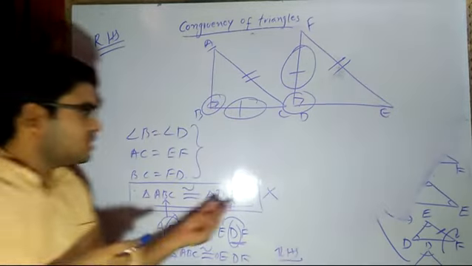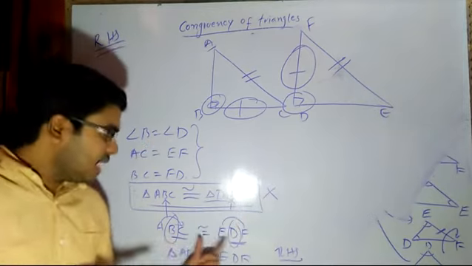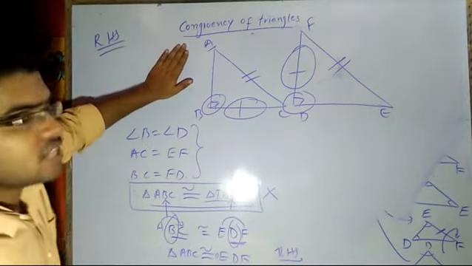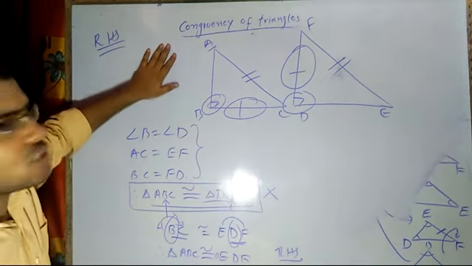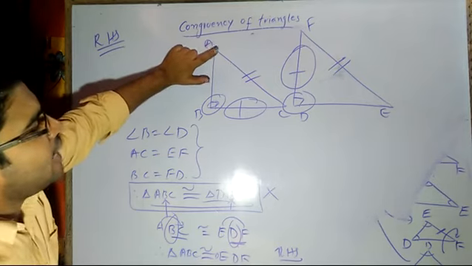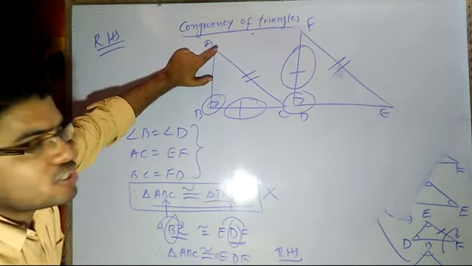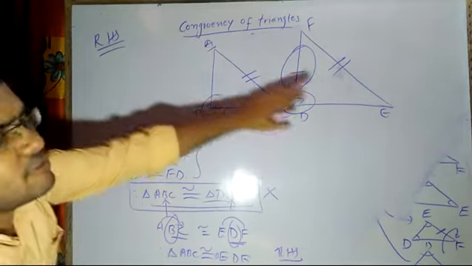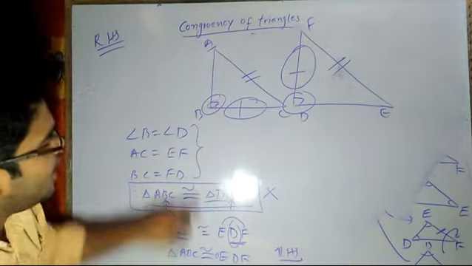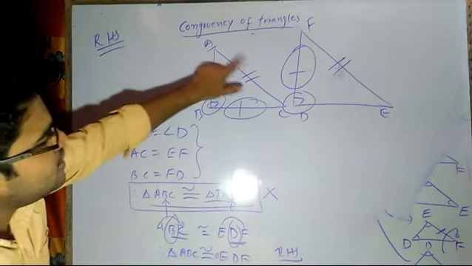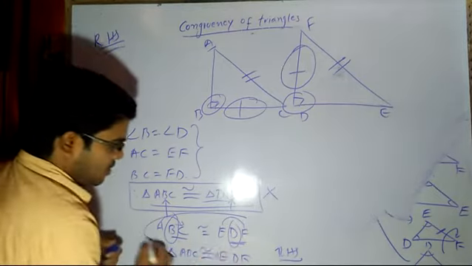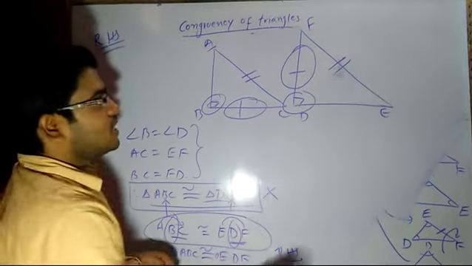Most of the students don't understand this concept. That is why I try to explain here that the way you write the triangle names, the sequence should be followed. If you take A, and at A we don't have any angle common to both triangles, then we will be measuring that. Angle B is in the middle, so angle D should also be in the middle. Angle A is the uncommon side, and the same sequence applies. The sequence of writing the name of the triangle should be the same as in the other case.